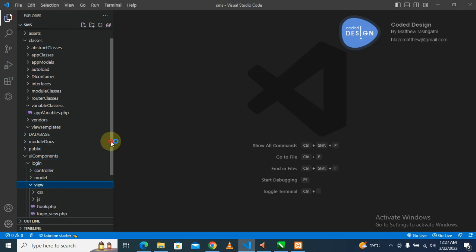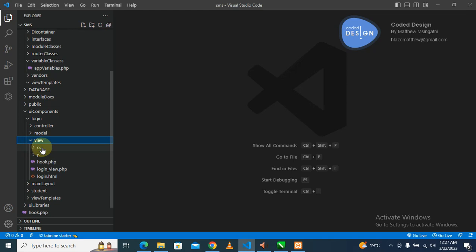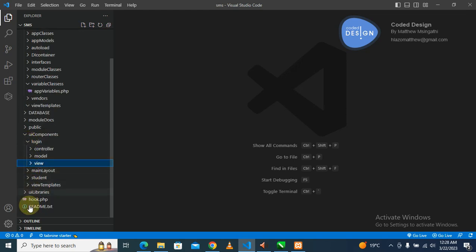As we can see, a view is not just made of HTML. A view is made of CSS, JavaScript, and also a little bit of PHP. These ones I will explain later. And that is it for now. Obviously, I will end the video here